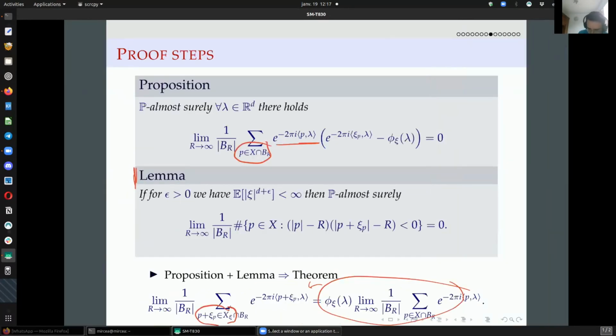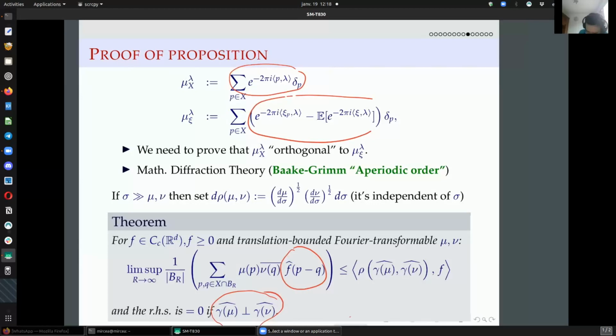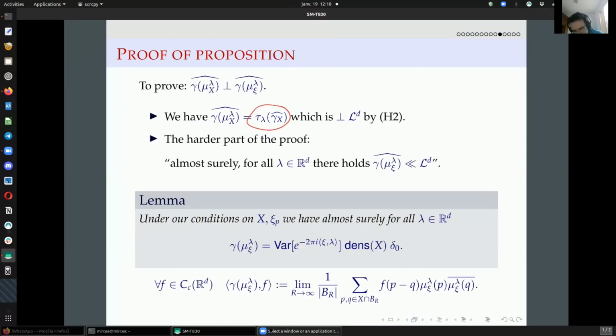So this one is just the translation of the Fourier translate of my mu. Okay, so where is it? Here. So the diffraction measure of mu x lambda is the translation of the diffraction measure of x, and since I have by hypothesis 2 that this was